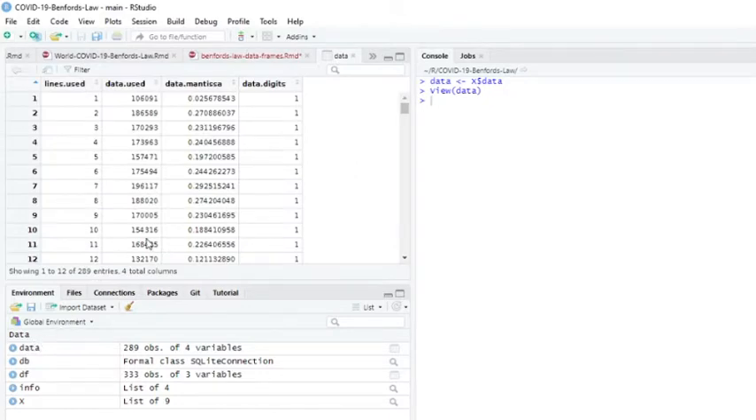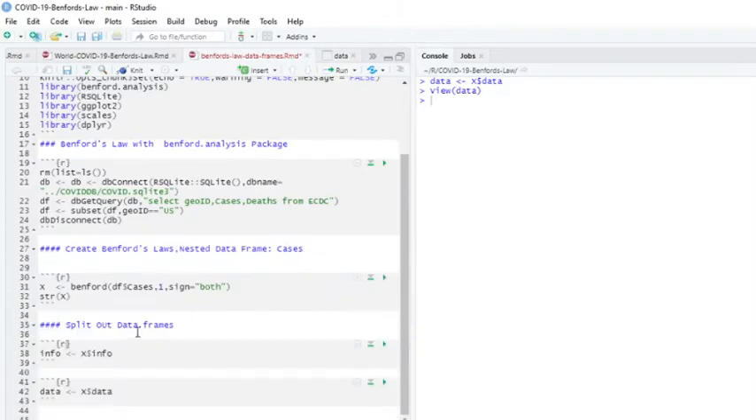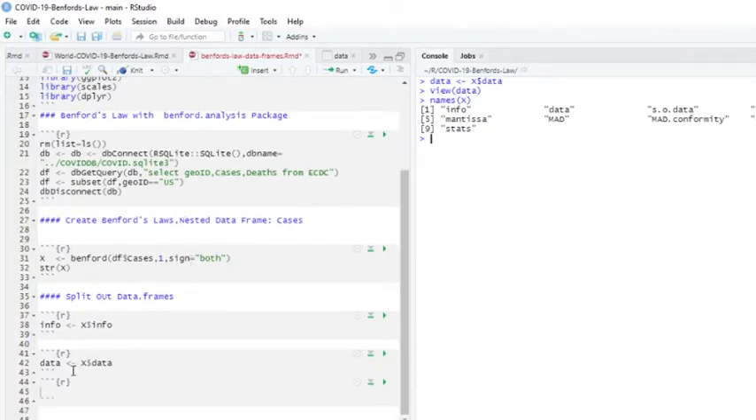Okay. Lines used, data and tested data digits. So you see what happens here. It splits out the data frame. So here you see all the nested data frames. So the next one is,